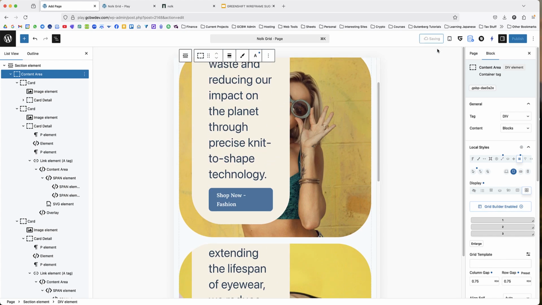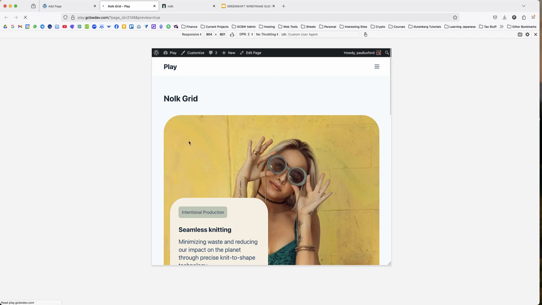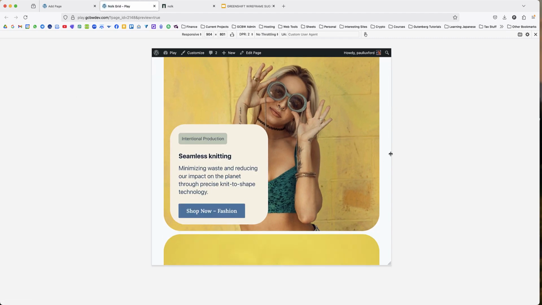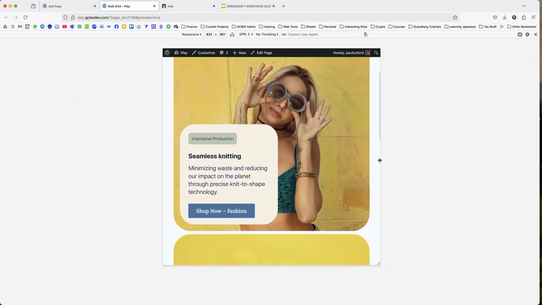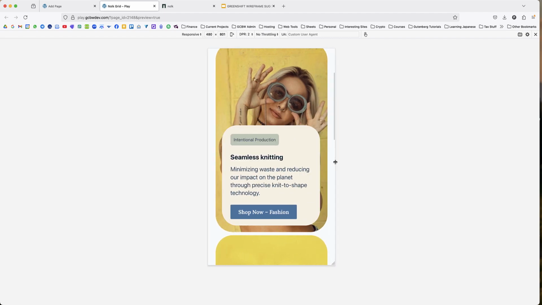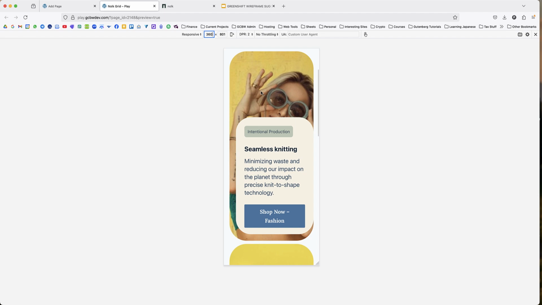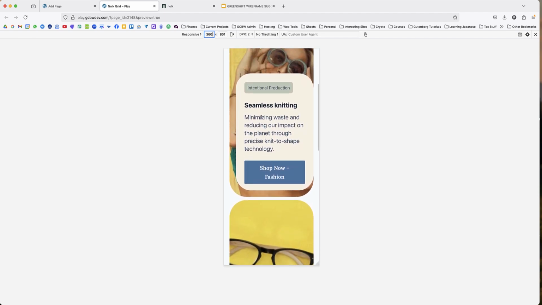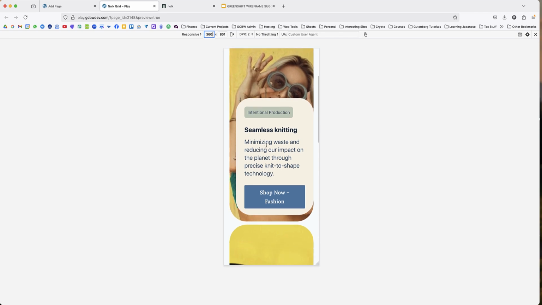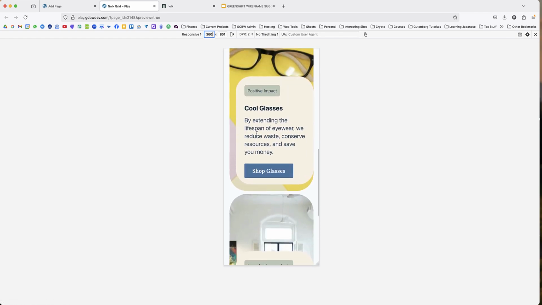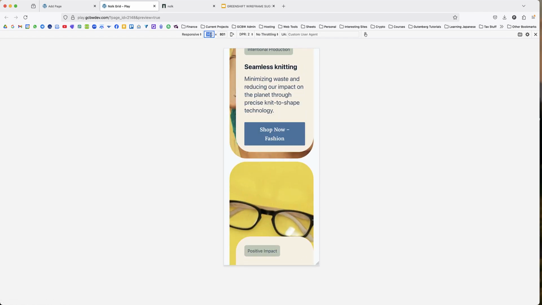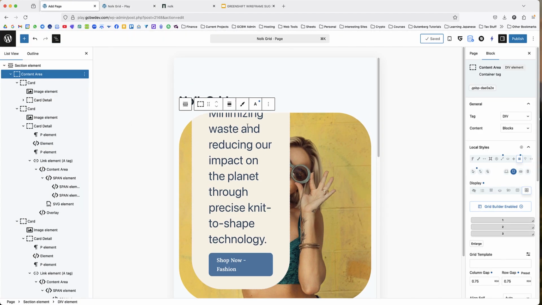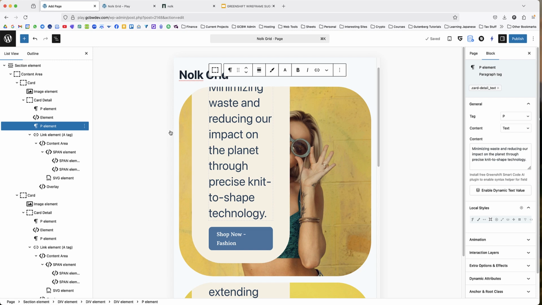Let's go have a look at that on the front end. I think, is that what's happening on the front end though? No. 360. Yes. See, that's a bit dodgy there. So 360 is kind of the, yeah. So what we need to do to fix that, and